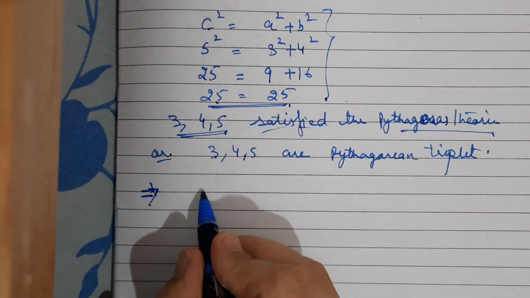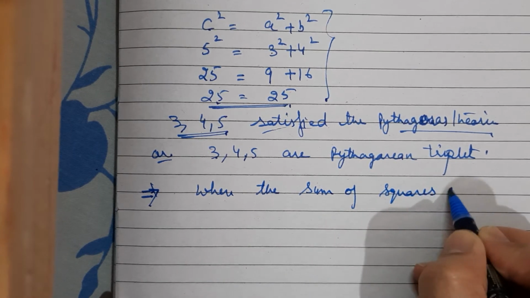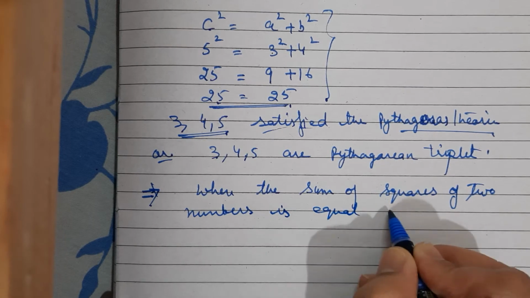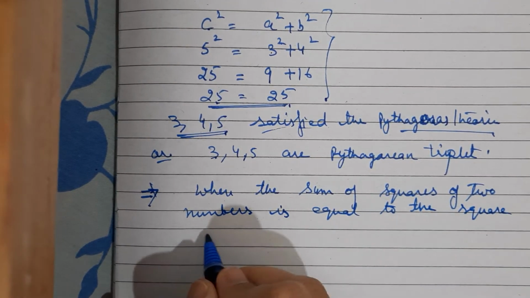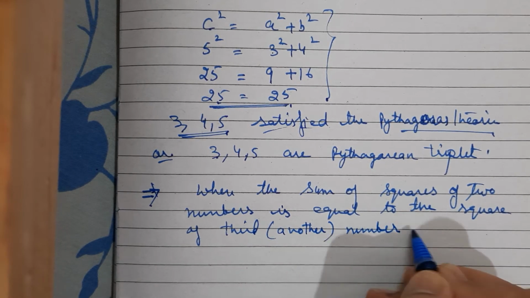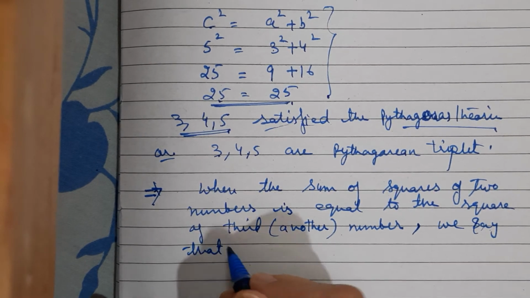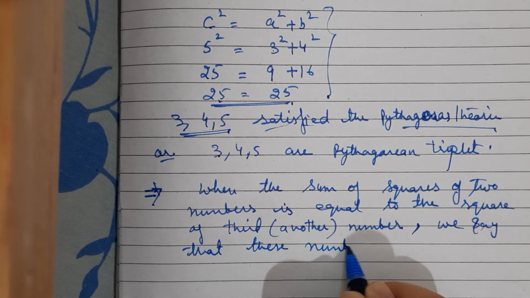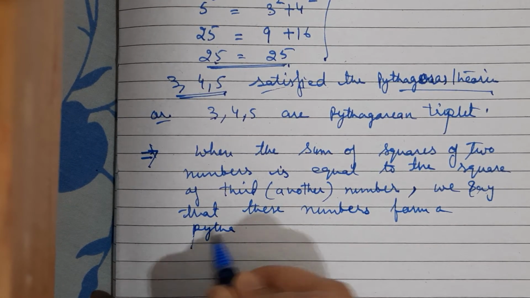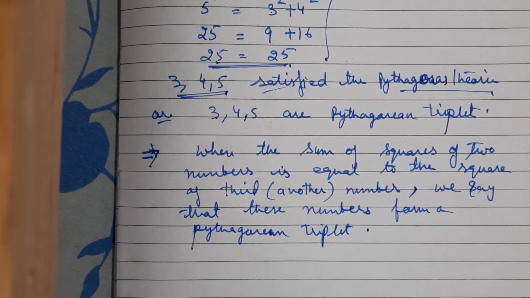Or the definition can be, when the sum of squares of two numbers is equal to the square of a third number, we say that these numbers form a Pythagorean triplet. So children,